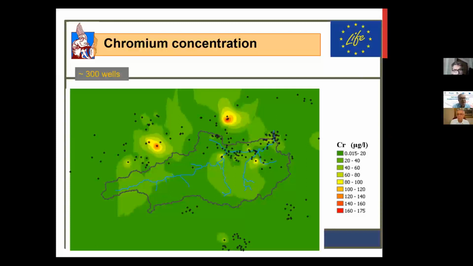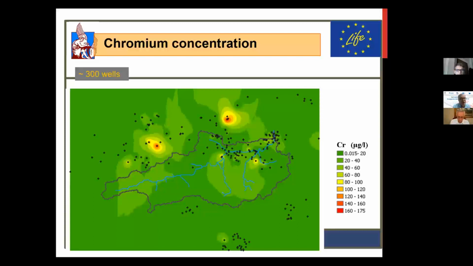The maximum values of chromium concentration are different from one country to another. Here in Greece it is about 40 milligrams per liter, but if we take California and the USA, it's 5 milligrams per liter. We found concentrations in most of the areas of more than 40 and 60 milligrams per liter, and this was mostly due to the geogenic